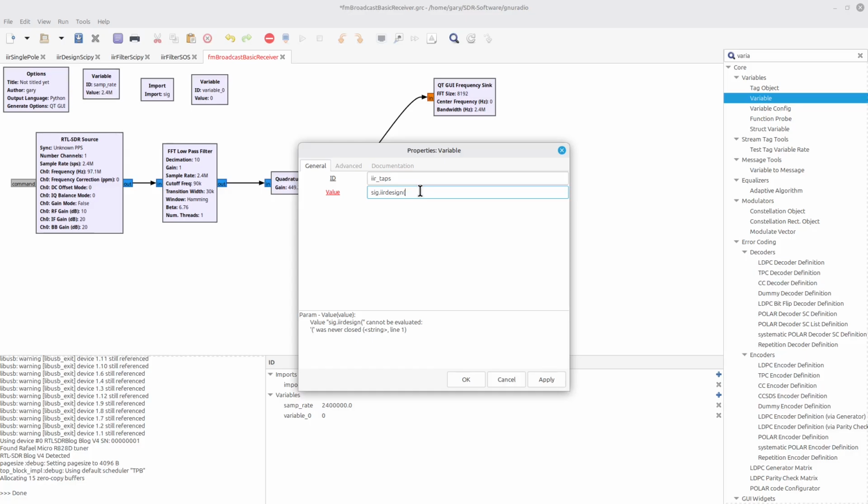The very first thing I want to put in is the passband edge frequency. I said that was 15 kilohertz, so I'm going to put in 15 kilohertz. The next part is, if you're used to dealing with the FIR filters in GNU Radio, you typically put in a transition width. You're not going to put a transition width. You're going to put in the stop band edge frequency. In this particular case, this is 19 kilohertz.